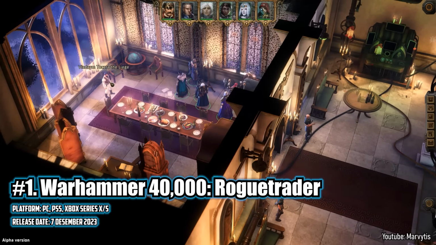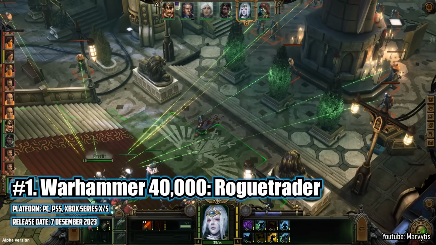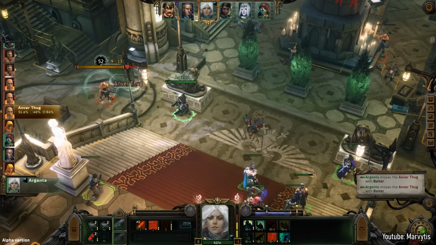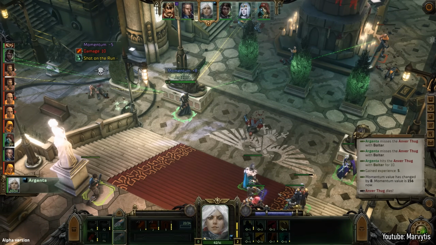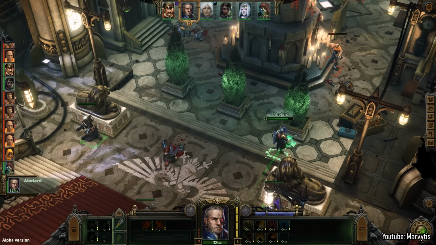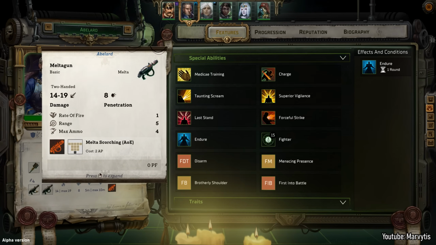Warhammer 40k Roguetrader is a massive CRPG set in the grimdark 40k universe. Developed by Owlcat Games, it offers deep role-playing, meaningful choices, and tactical turn-based combat in the style of Baldur's Gate 3. The writing is rich, the world is dense with detail, and the consequences of your actions shape the entire